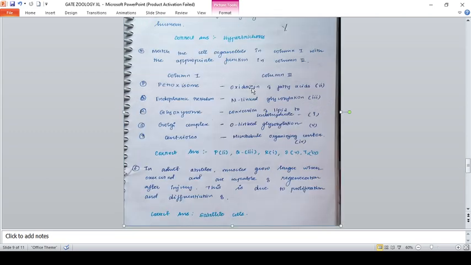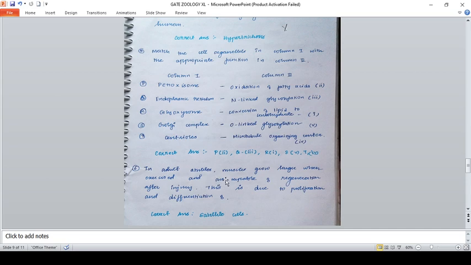Next thing, they ask us to match the cellular organelle with the appropriate function in column number 2. Peroxisome, oxidation of fatty acid will occur there. Endoplasmic reticulum, N-linked glycosylation. Golgi complex, O-linked glycosylation. Glyoxysome is present in plants and it will convert lipid into carbohydrate. Centriole is a microtubule organizing center. So these kinds of questions have been asked in GATE Excel, and these are very simple in form, but students may get confused with N-linked and O-linked. If you wrote them correct, then hats off to you. If you wrote them wrong, don't worry, you can correct your mistakes.